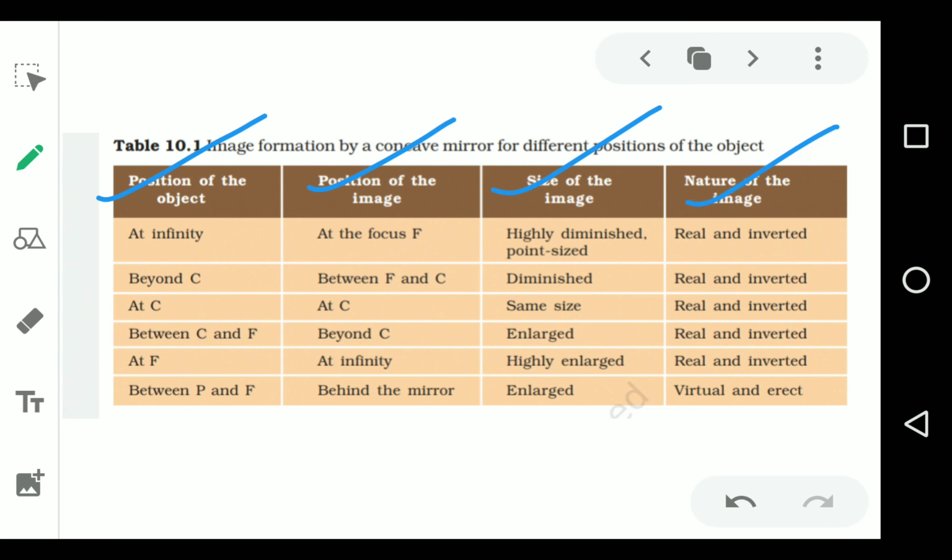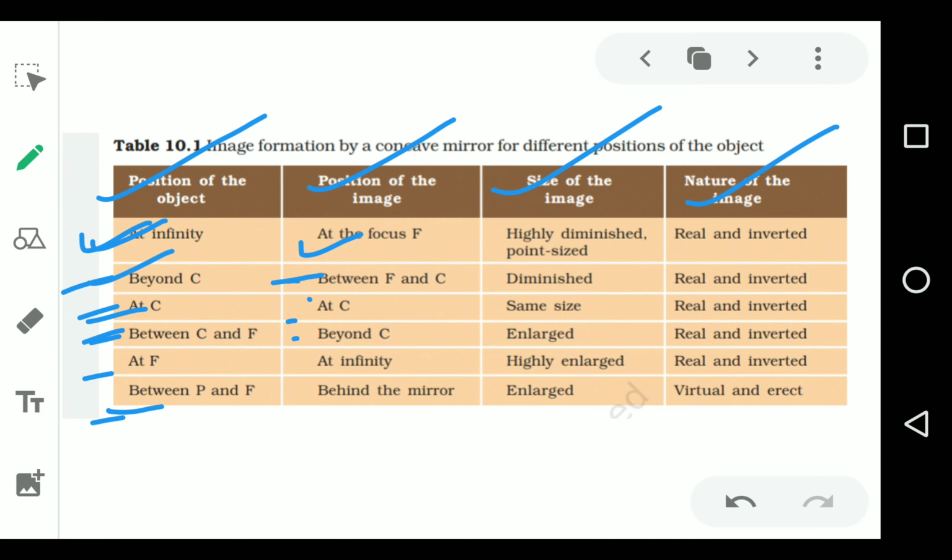Here the object is positioned very far from the reflective surface of the mirror, and little by little it is coming towards the reflective surface of the mirror. Okay, first it comes a little towards the mirror, beyond C, then at C, then between C and F, and the last one is very close, between P and F. And the image, you can see, is going away from the pole of the mirror. That is, first it is formed at F when the object is positioned at infinity, and as the object is coming towards the mirror, the image is going away from the mirror.